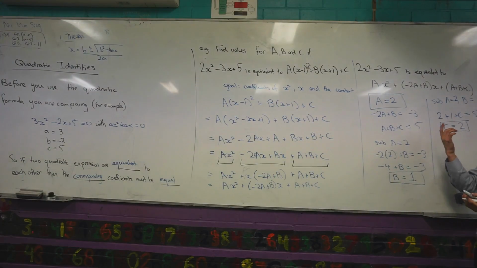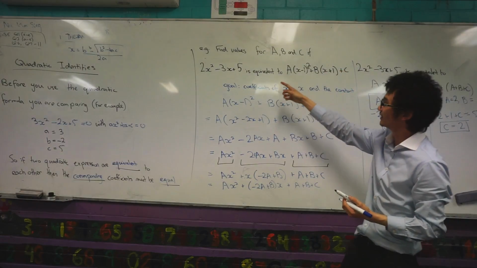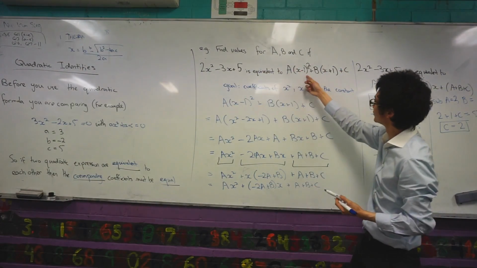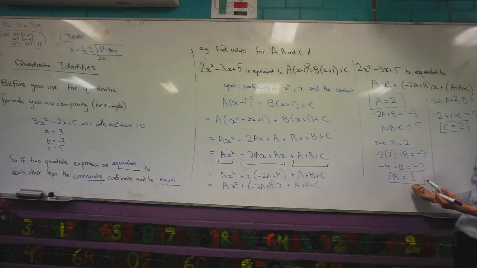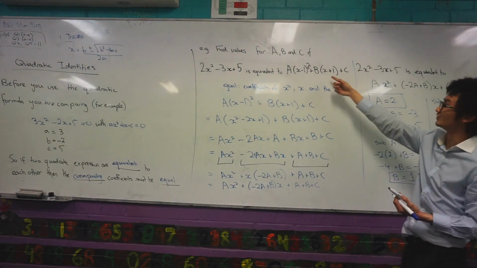So remember, don't forget the original goal of the equation, right? It was saying find values for a, b, and c if this quadratic expression is equivalent to this one. And that's exactly what we did. Okay? If you substitute in those a, b, and c values into your equation back here,